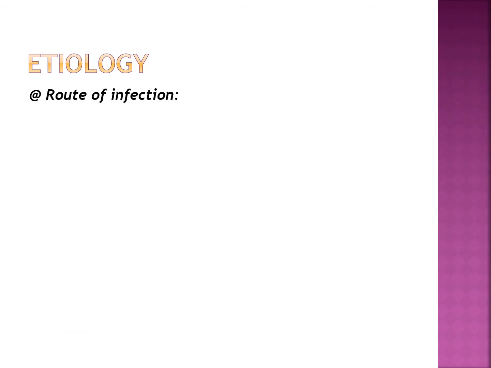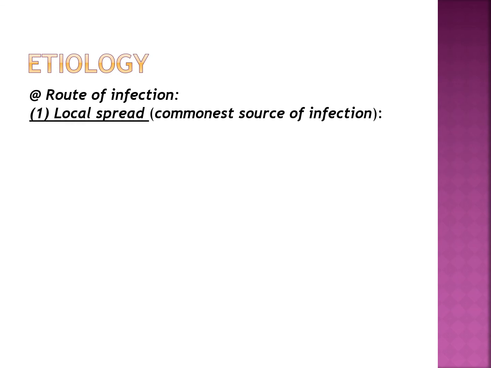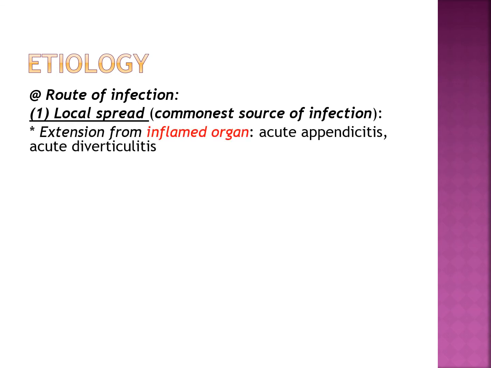So now we come to the route of infection. As in any infection, it mainly spreads locally or through direct infection into the peritoneal cavity, or blood spread or lymphatic spread. First of all, the commonest source of infection is the local spread. The local spread can come from any inflamed organ in the peritoneum, for example, acute appendicitis, acute diverticulitis,